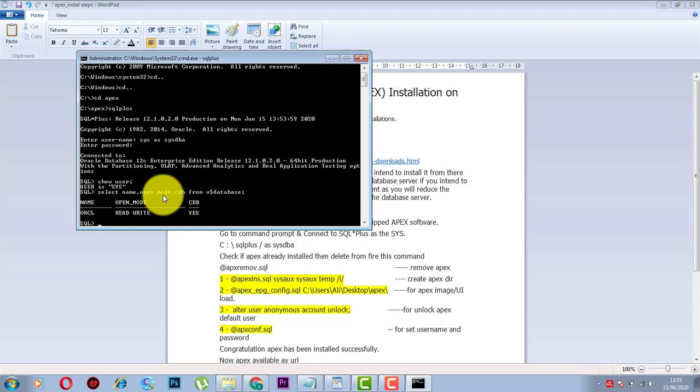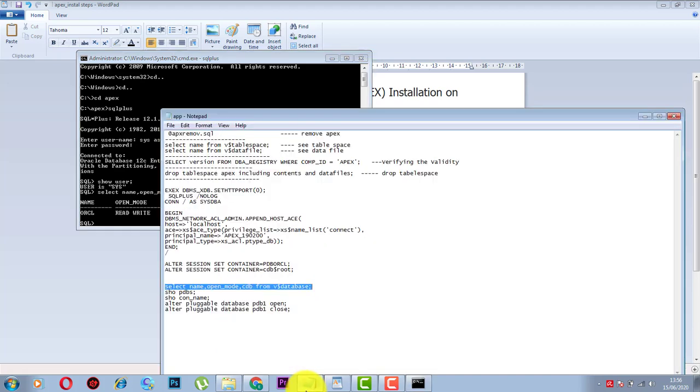Select name, open mode, CDB from. By default, when you connect to the database with SQL Plus, it is connected with the container database. You can switch from container to pluggable database and pluggable to container database. This is some basic command I will provide in the description of my YouTube channel and my Facebook page.